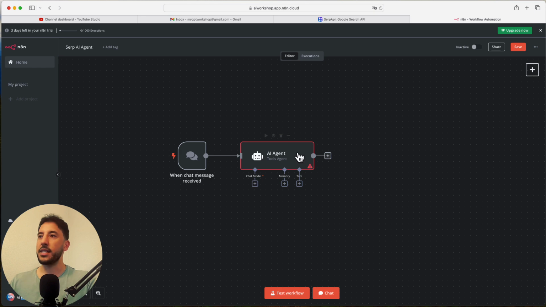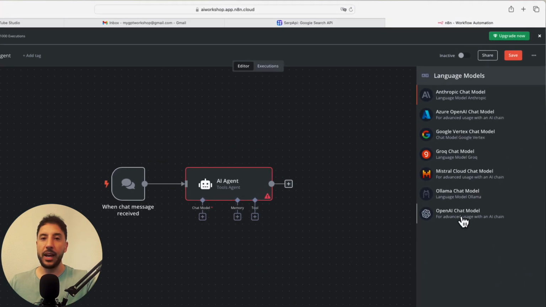All right, cool. So let's attach now our corresponding tools, memory, and chat model. So for chat model, I'm going to use OpenAI, but you're more than welcome to use whatever large language model you have access to. But one thing to remember, if you're using a large language model, you have to have an API account and you have to have some money on that API account. Again, I've only put like $5 on my OpenAI and I've used it a ton, and it's more than enough.